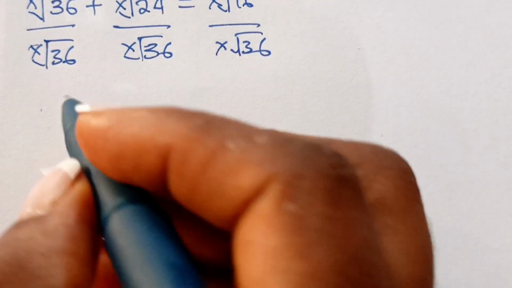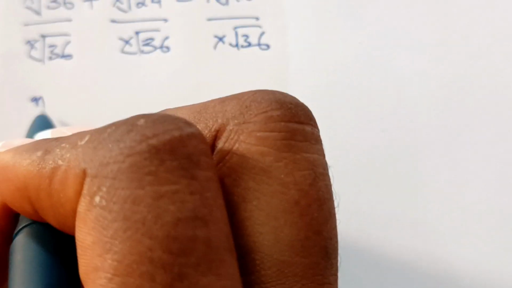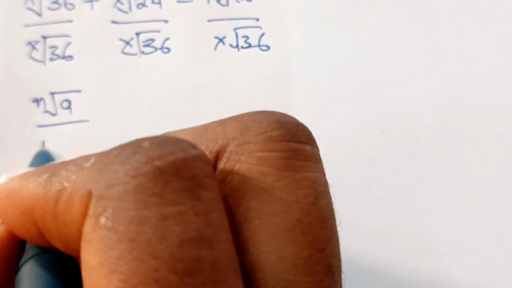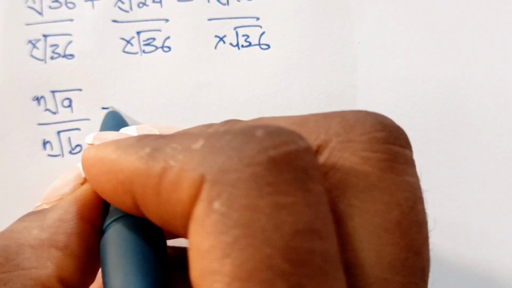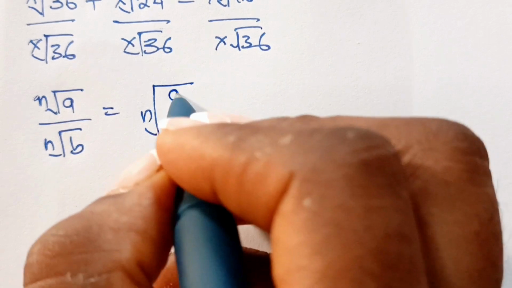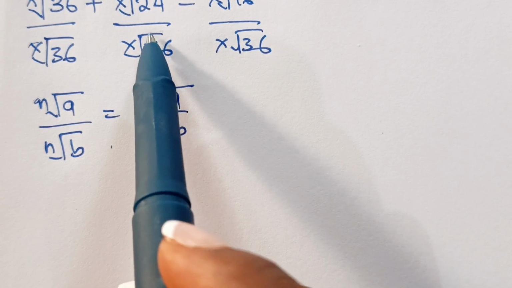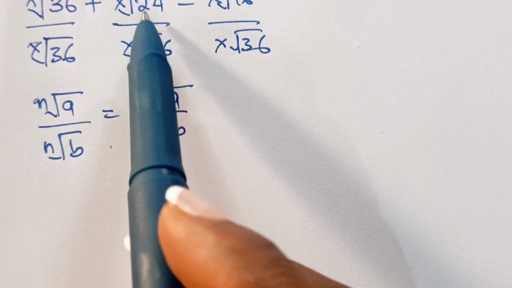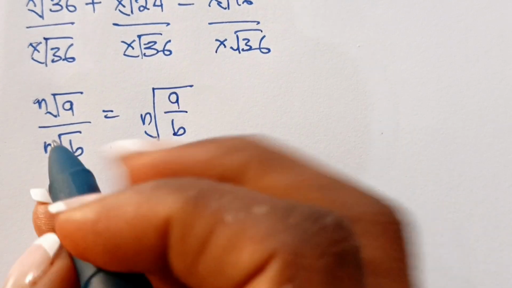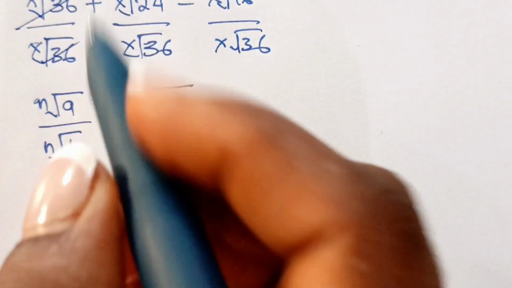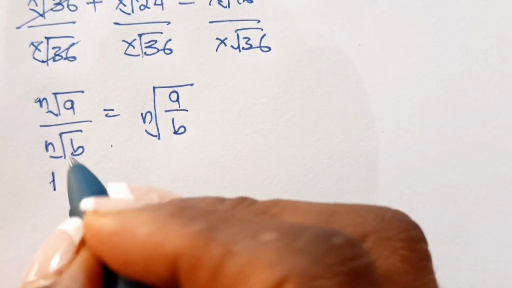Now, when you have nth root of A divided by nth root of B, this is equal to nth root of A divided by B. So we are going to use this to write this and this in this form. So, when this divides itself, we have 1 plus